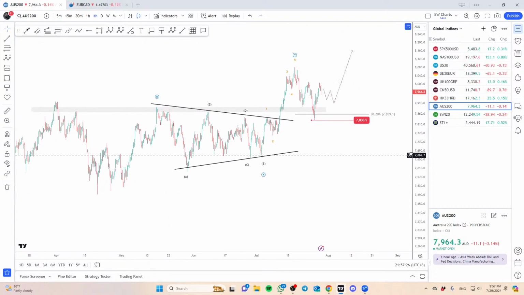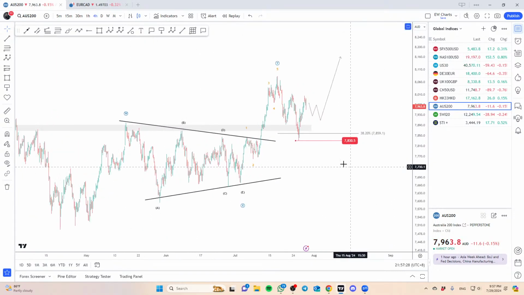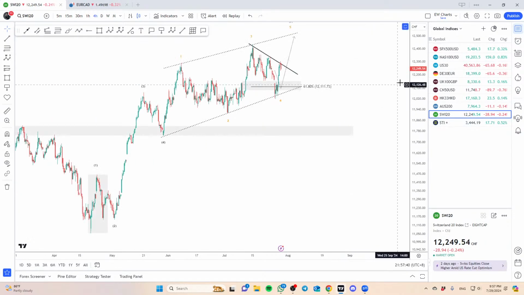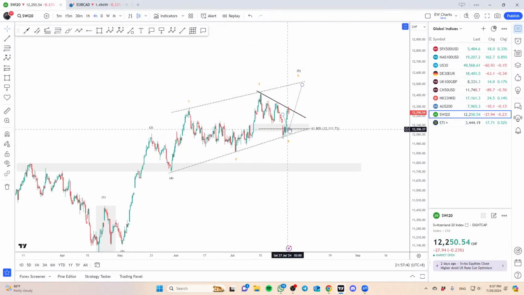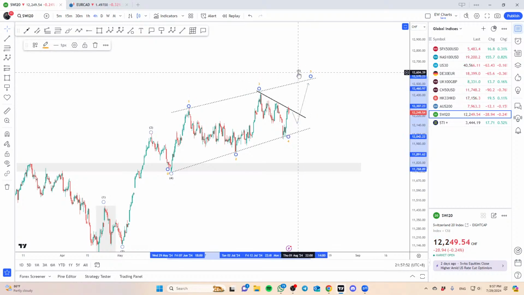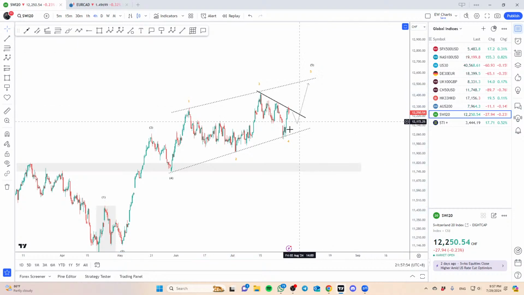So Aussie here, in terms of the index, right, as long as price remains above that low, respects that low, we can start to expect a little bit more upside. Okay. Switzerland side of things came down, tagged the wave 4 potential area very nicely. So we are kind of expecting it to go up a little bit more, complete the 5th wave out there. Okay, so bullish bias on this.